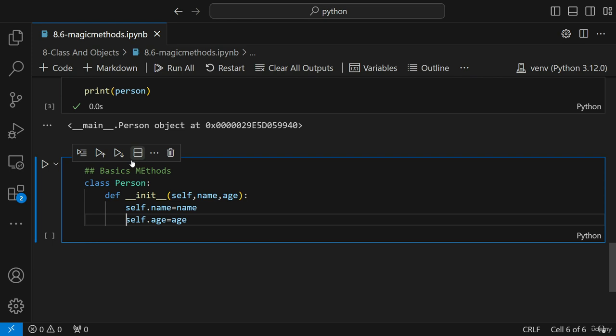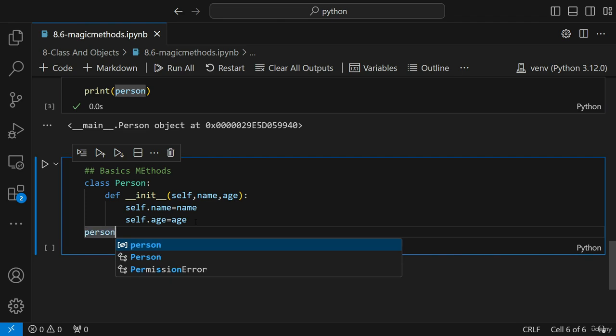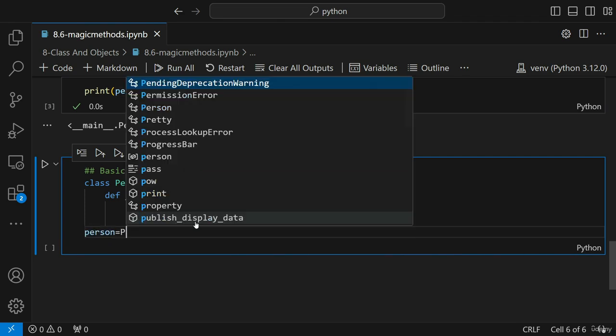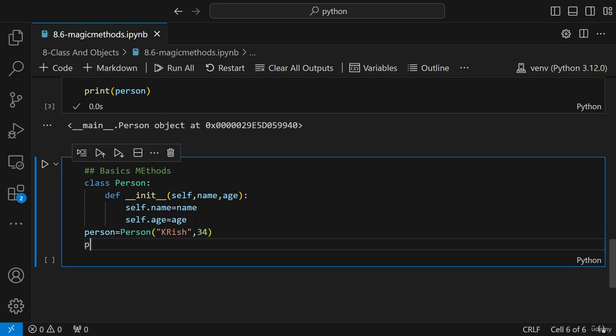If indentation is not there, then it will be a problem. Okay. Now I have defined this particular person class. Now let's say that I go ahead and define my person object, and let me just write the name over here like Krish, comma, age is 34,